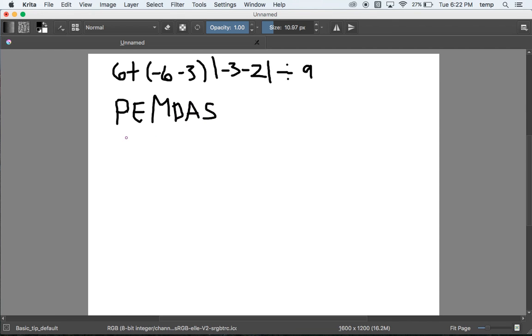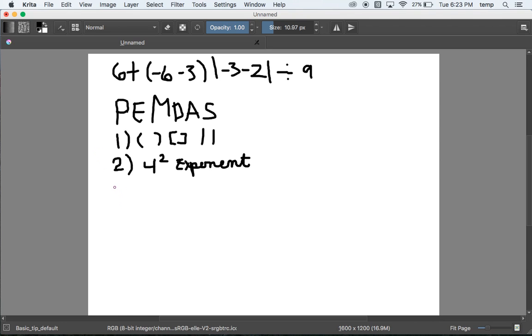And so what this stands for is our first thing that we're going to do is parentheses or grouping symbols. So that would be parentheses. You could write parentheses like that. You could have absolute value. Anytime you're grouping things together with different types of parentheses, that's going to be our first one. The E stands for exponent. So that's when you have anything, we'll just say 4 squared, right? Anytime you have an exponent, that's going to be your second thing that you do in the